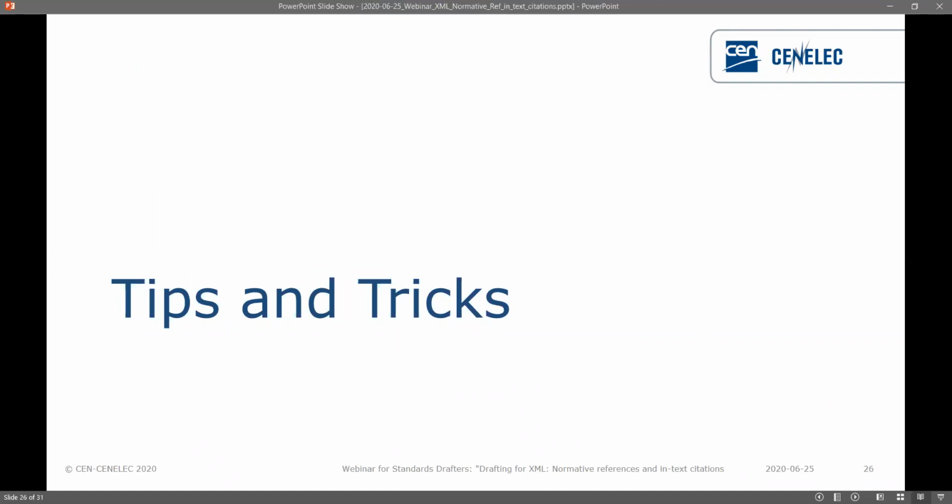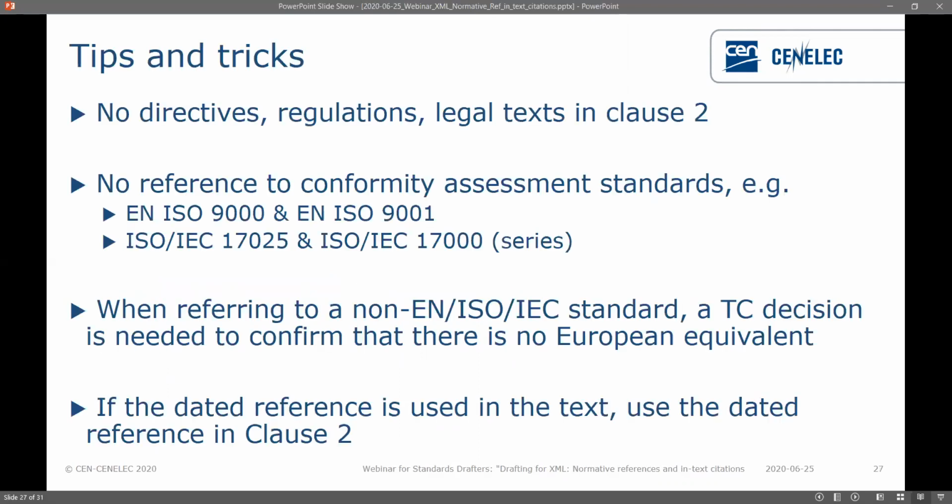Okay, so now for some tips and tricks, just to recap what we've talked about, but also just to give you a little more extra information too. So first of all, no directives or regulations or legal text in clause 2. This is quite important. This is something that will be removed where it can block a publication too.